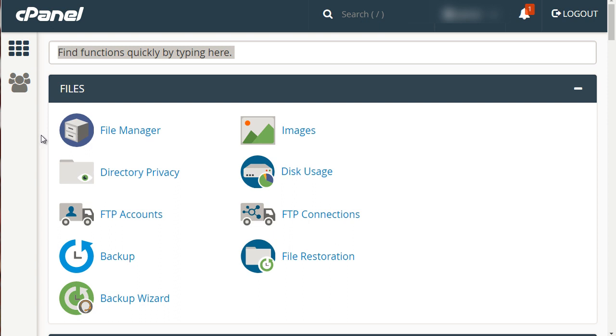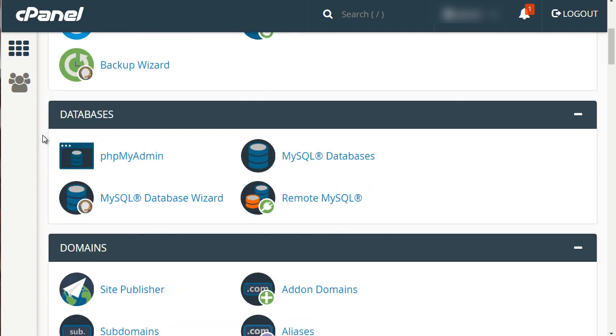So to create a MySQL database, it's super easy. Let's start at the top. Make sure that you're logged into your cPanel, and what you want to do is scroll downwards and look for databases. If it's different, then basically what you want to do is look for the MySQL database wizard, and this will walk you through step by step. It's the easiest way to go. So first things first, click on this,